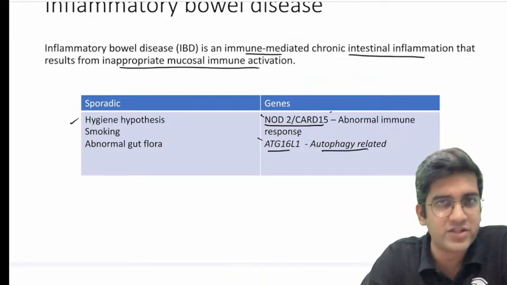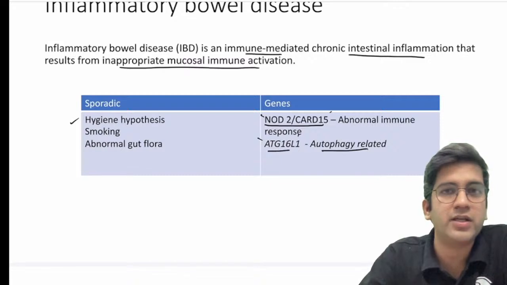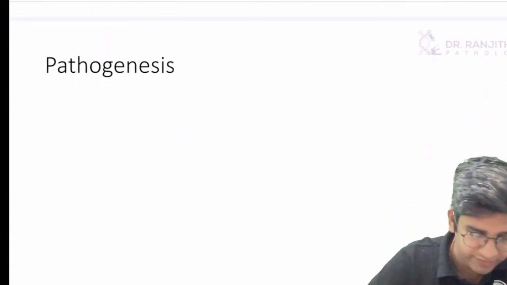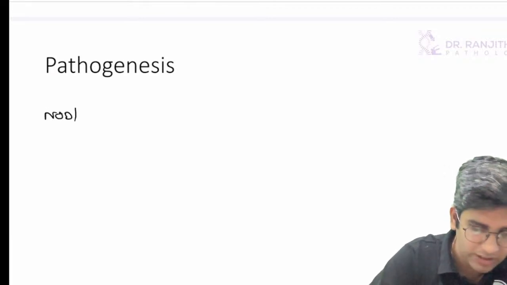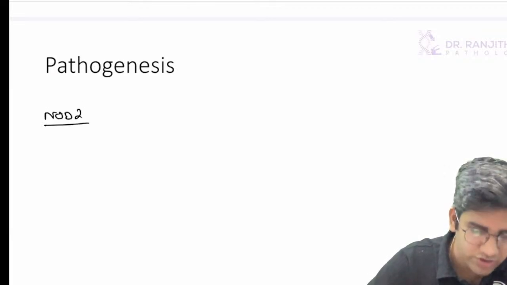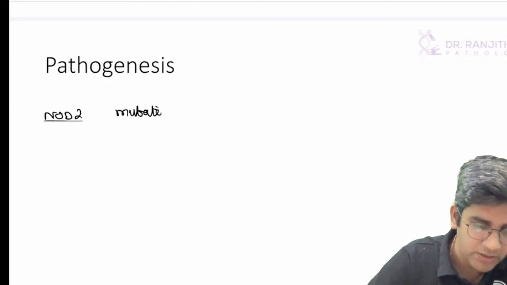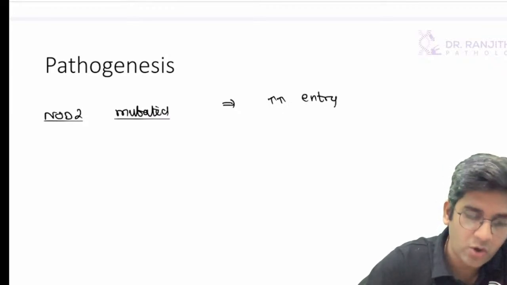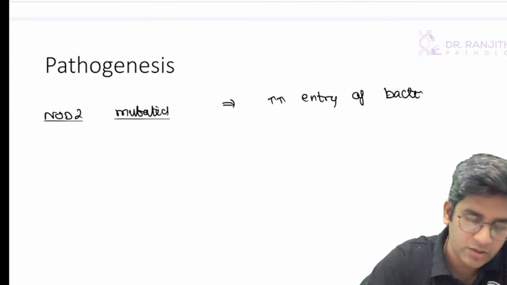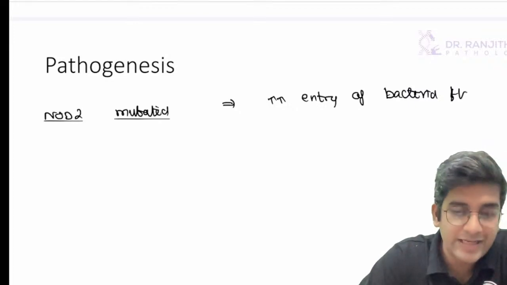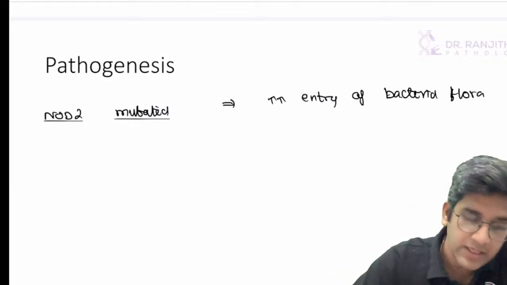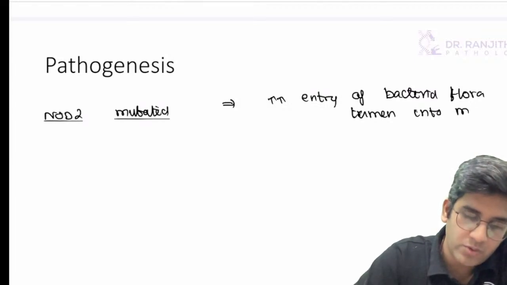Now let's create a model with these risk factors. Why am I having destruction of the gut due to autoimmunity, right? So what happens here is, the first thing is your genetic thing. So it's NOD2 or your CARD15, right? Once the NOD2 gene or the CARD15 gene is mutated, it will result in excess entry of the bacterial flora. Generally, bacterial flora will be in the lumen, not in the intestinal mucosa, in the wall. It will be in the lumen, right? With the mutation there is increased entry of bacterial flora from the lumen into the mucosa.